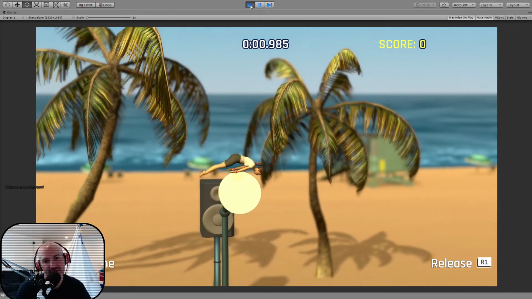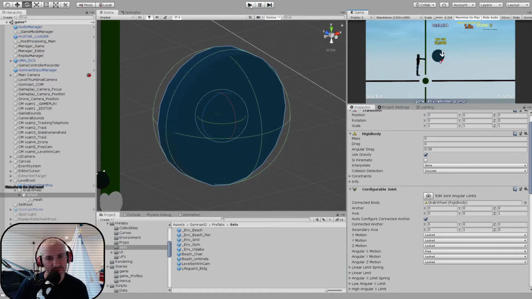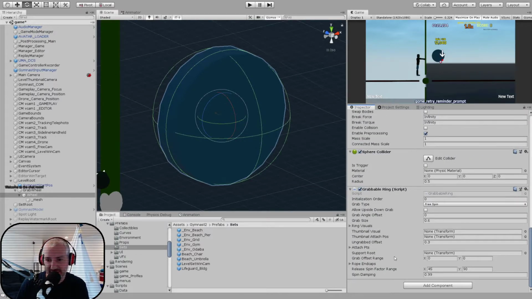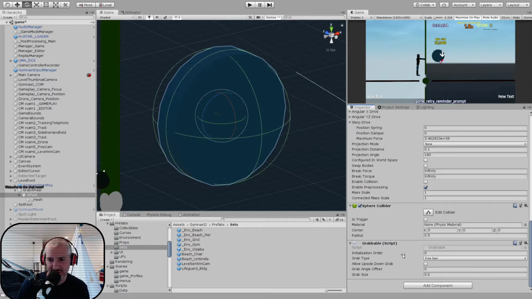Okay, so now we need to make it so you can grab onto this thing. So we add, as a quick test, this is not going to be good enough, but if we add a grabbable, actually, grabbable ring might do it. Let me think about this. No, that's not what I want, actually. That's for the rings, which still have just a single fixed grab point. So we're going to need to make a script for this in a second, but for now,